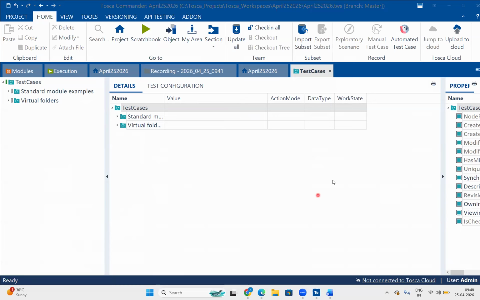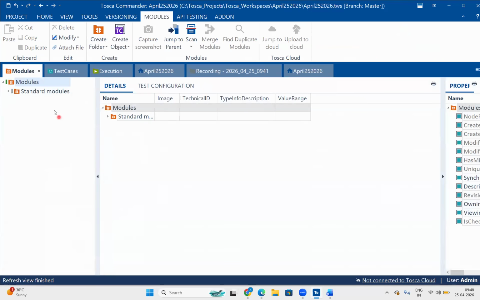Clear? So what was the basic difference between module and test case? It's quite a confusing thing. A module holds the address of the element. For example, I am Anusha.